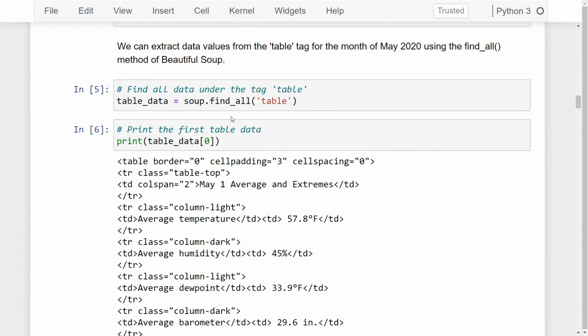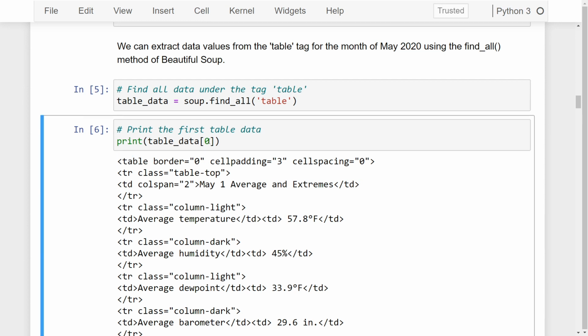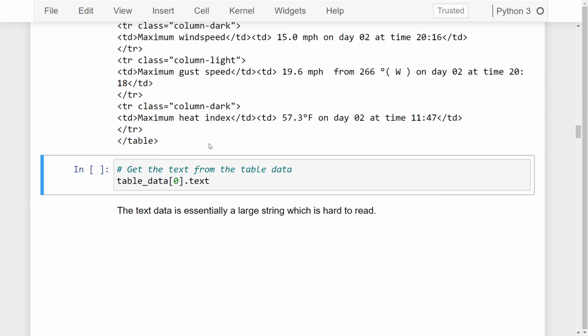As we can see, it returns the HTML content present inside the table tag. So the 0 index of this variable gives us the HTML data for May 1. Similarly, for the first index, we can get the value for May 2nd of this data,